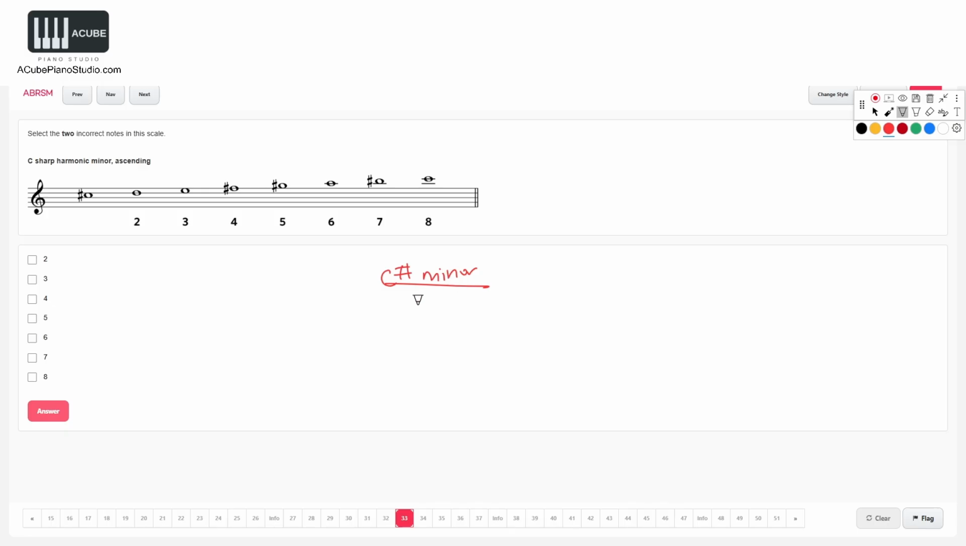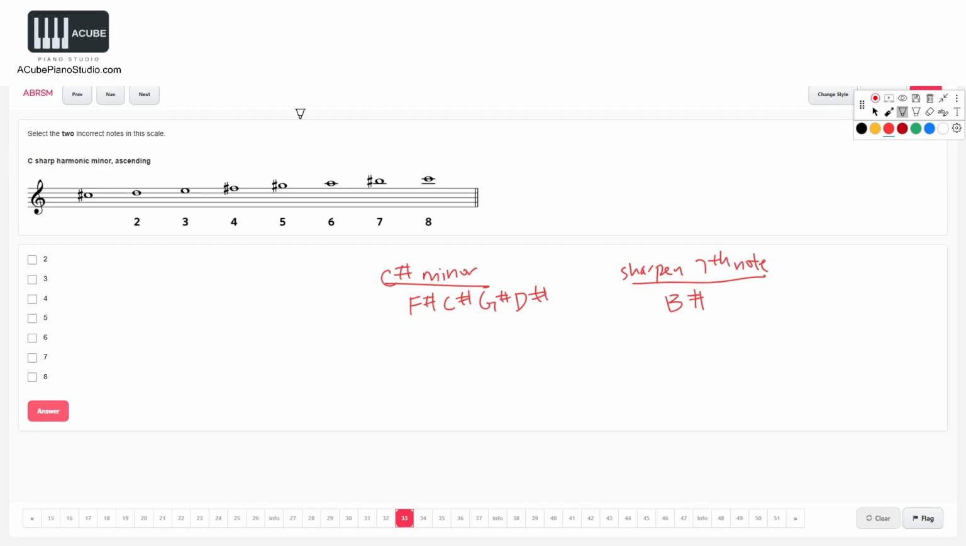So for C sharp minor, we know that there is F sharp, C sharp, G sharp, D sharp for the key signature, and next is harmonic minor, so we need to sharpen the 7th note both on ascending and descending. So C, D, E, F, G, A, B. B is the 7th note, and we need to have a B sharp. Right? Okay, so with that,